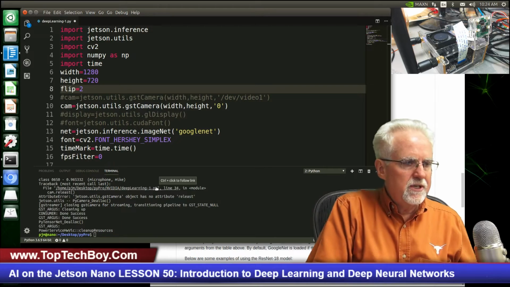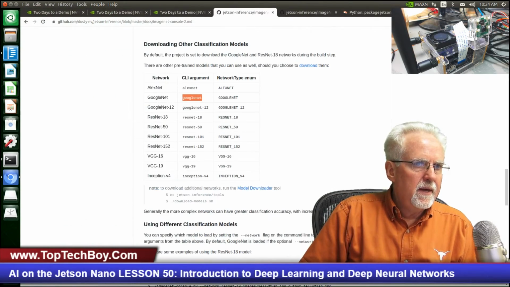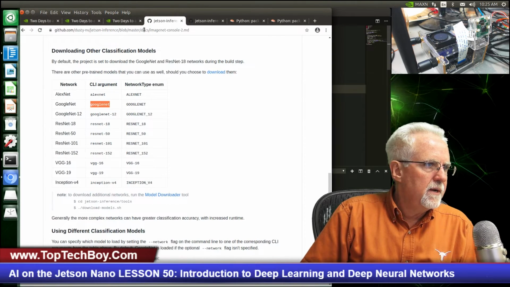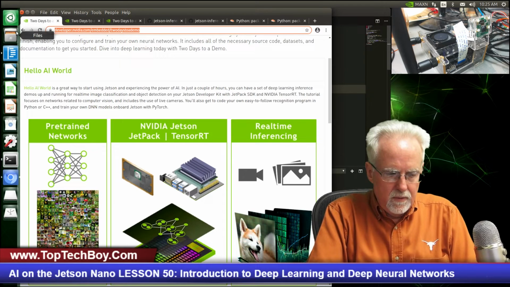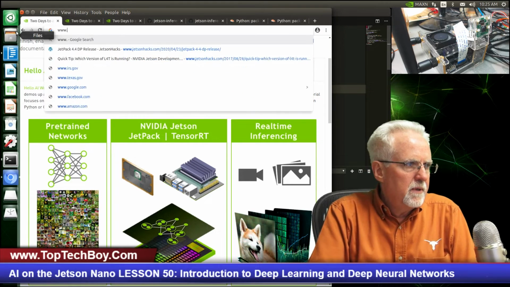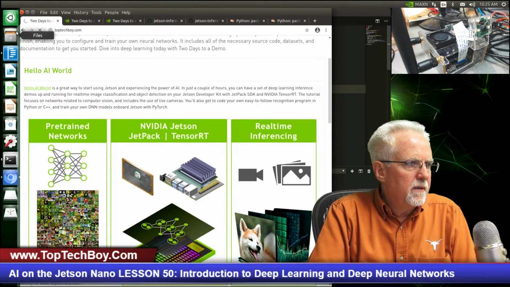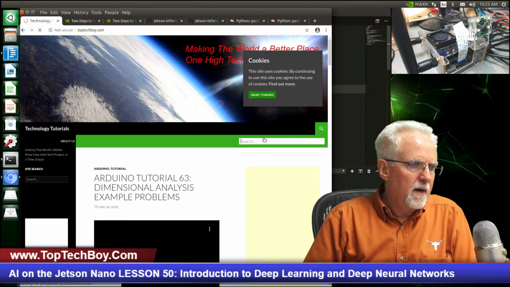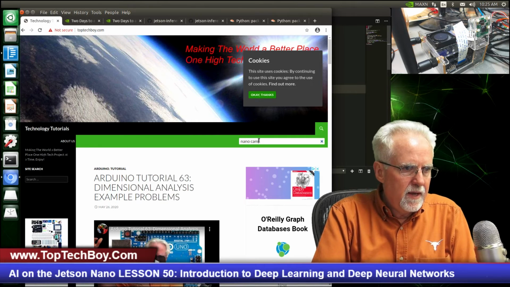And then we've got to get that GStreamer command. And so we can come over here to a browser. And I hate this where it decides to resize it for me. I know there's a way somewhere you can turn that off, but I don't want to do it right now. Okay, so we are going to come over here and we are going to go to Top Tech Boy, www.toptechboy.com. And most of you guys that have been playing along know that you can just get it from one of your old programs. But I think if I just search on Nano Camera,